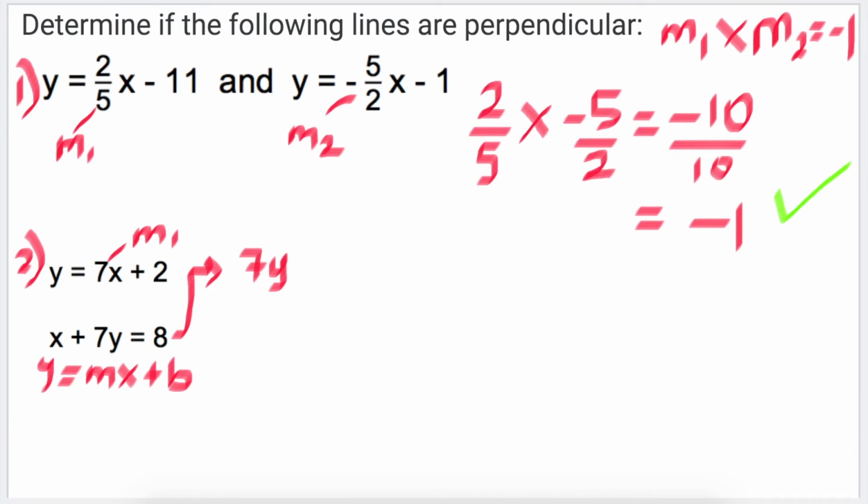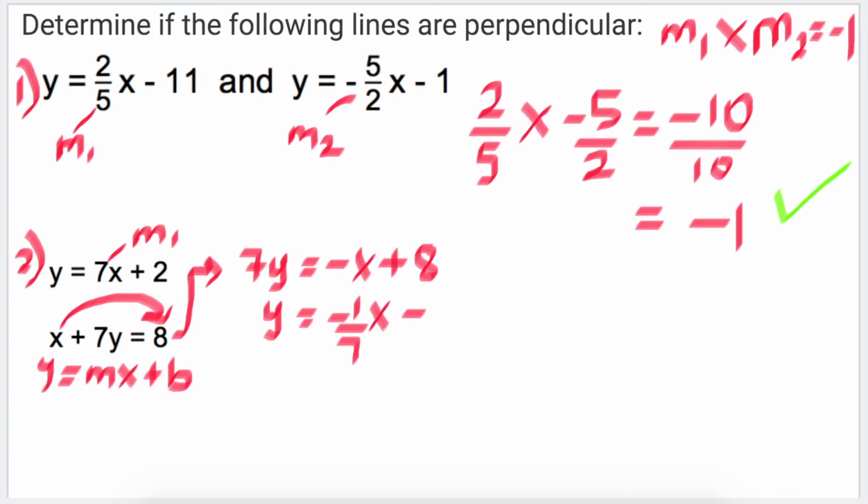So the first thing that we're going to do is we need to isolate the y variable. So that x that's here on the left side, we need to move it over to the right side. Since it's positive, when it goes to the other side, it's going to become a negative x, and then we add the positive 8. Now, if you want to isolate the y variable, you need to get rid of the 7. So divide both sides by 7, and you will get y equals negative 1 over 7 x plus 8